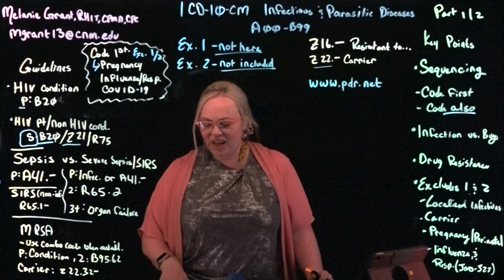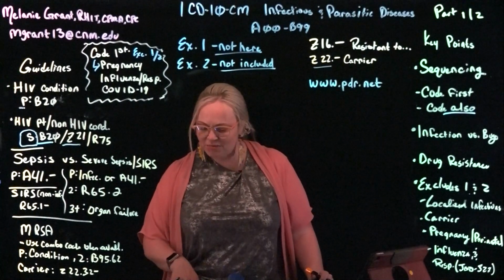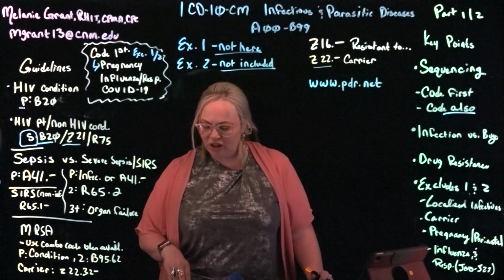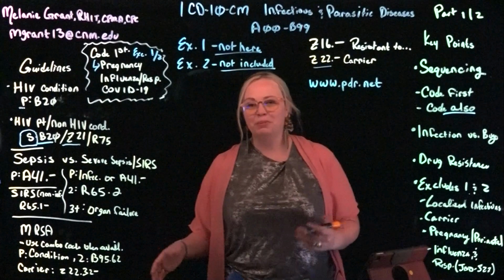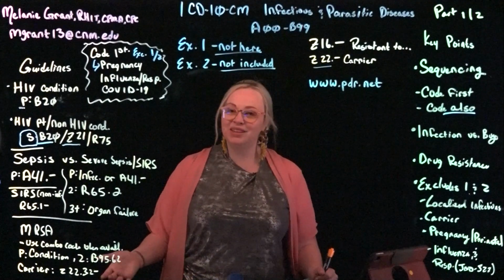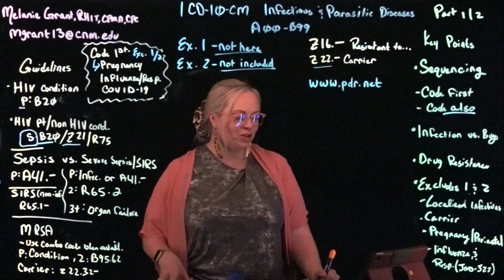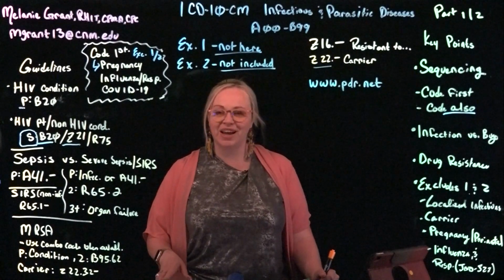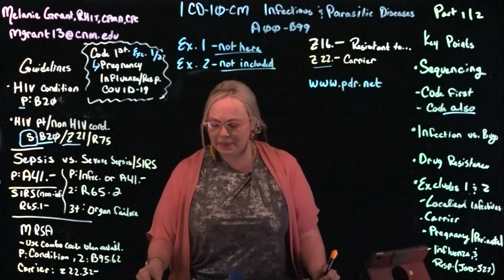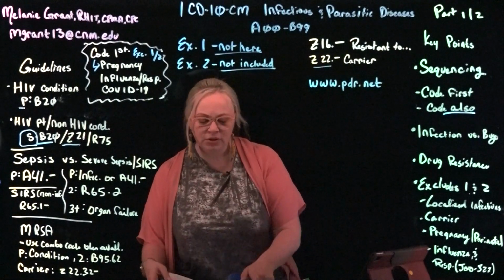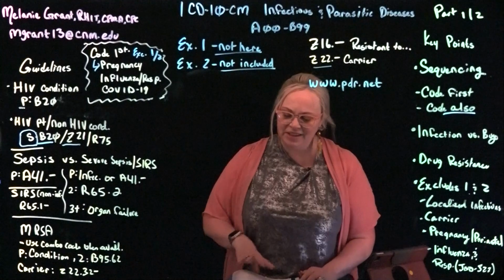So that kind of helps us to look at, even though there's some viral in the B section, a lot of your viruses are going to be found in both. Your bacteria are predominantly in your A codes, and your viruses and other fungi and fun stuff, not so fun, are found in your Bs. That being said, the first thing when you're looking at your coding section is really look